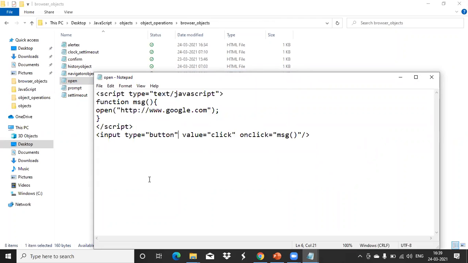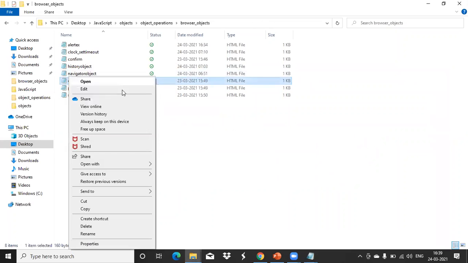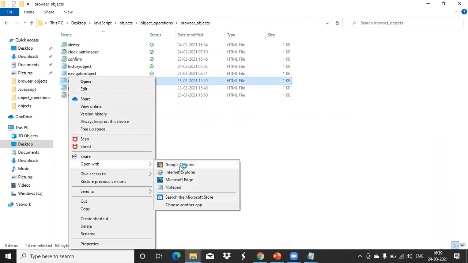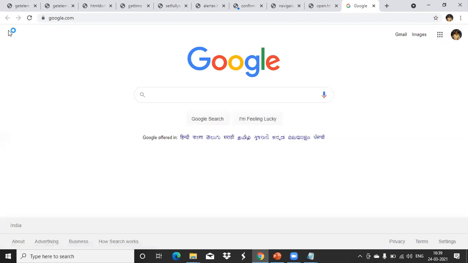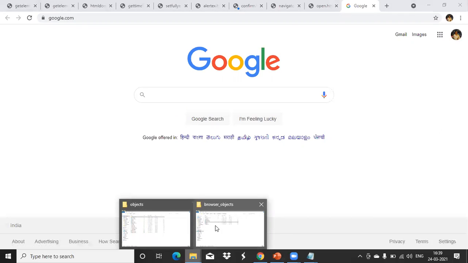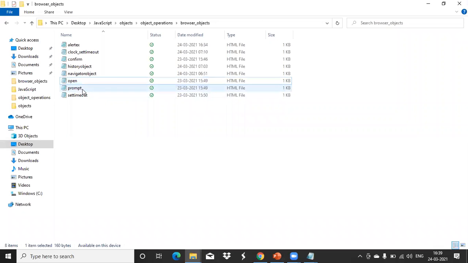Now it is opening which page? Google.com, because that URL only I have specified there. So it is opening that particular web page. This way also you can use this browser object method.